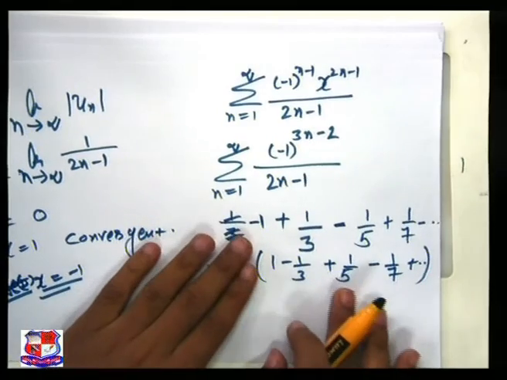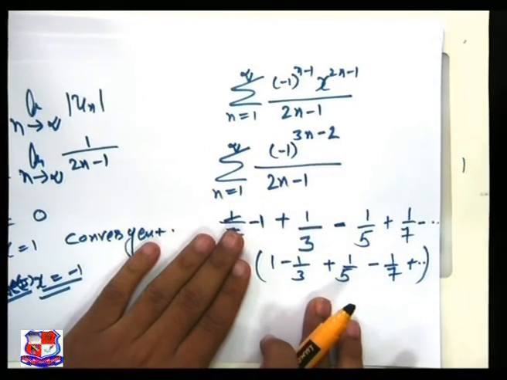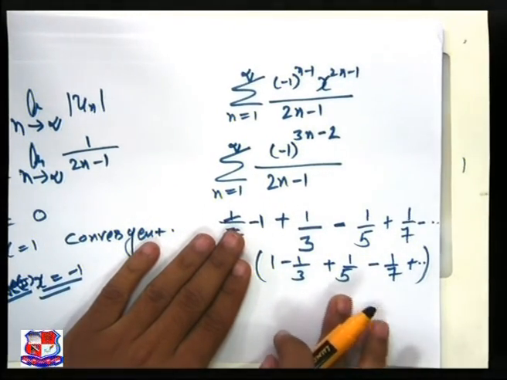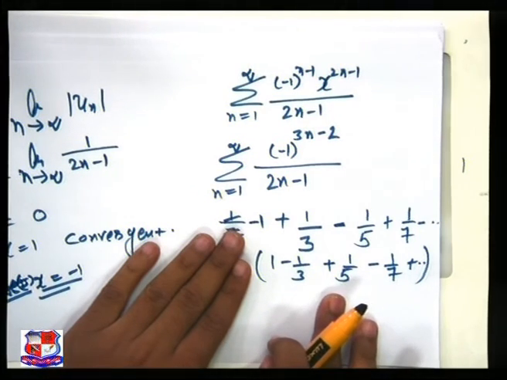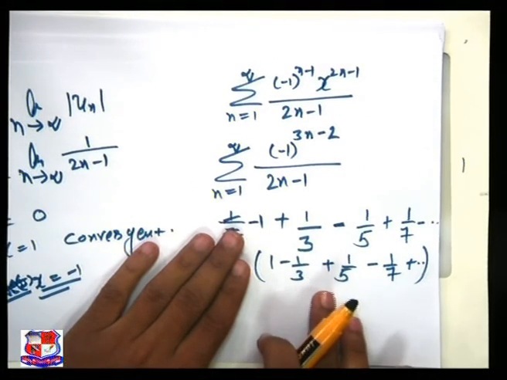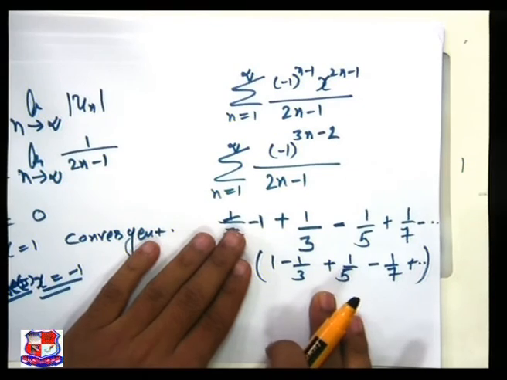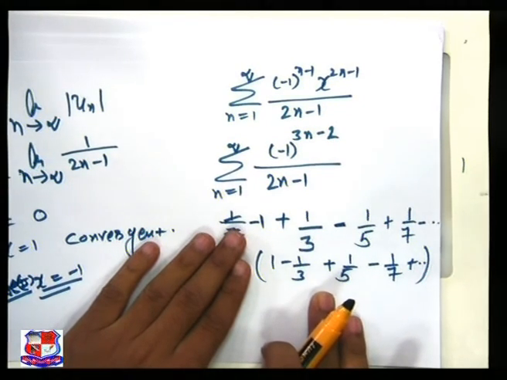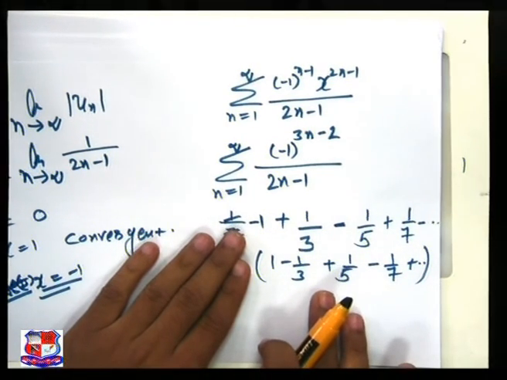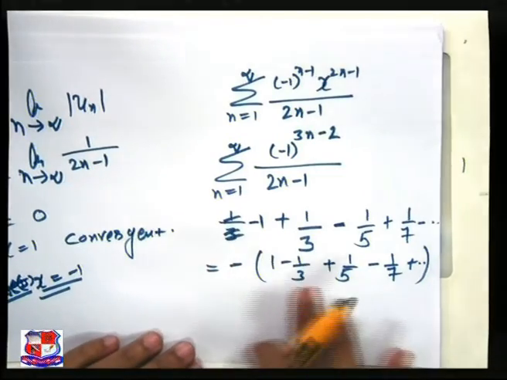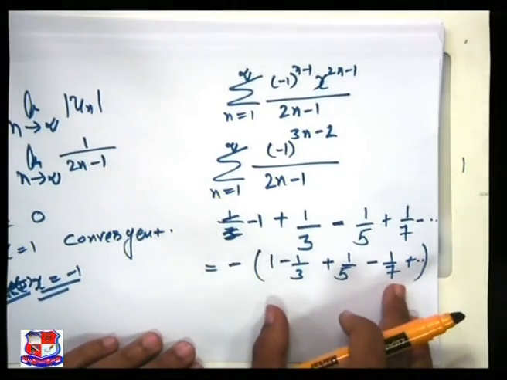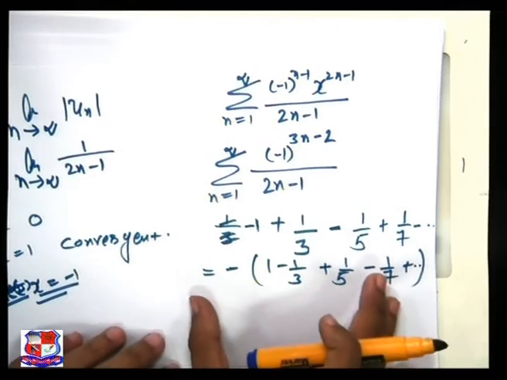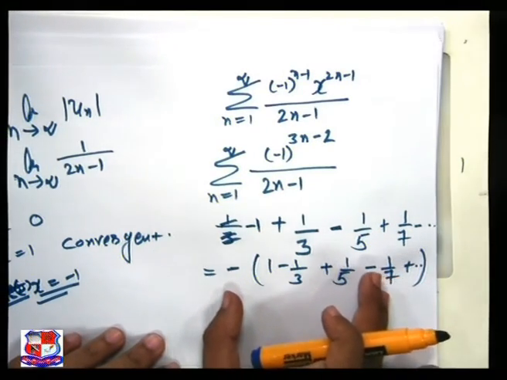So we know that this series is divergent. Already we proved that for x is equal to 1 we get this series. So we already proved that for x is equal to minus 1, just changes only for the sign. So this series is divergent, that means this series is also divergent, because for any